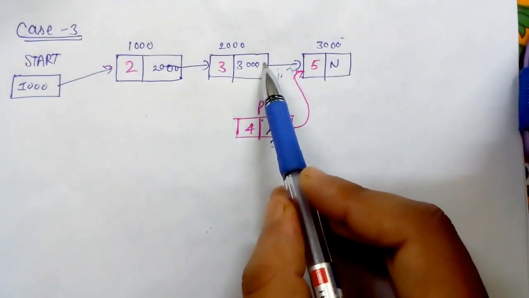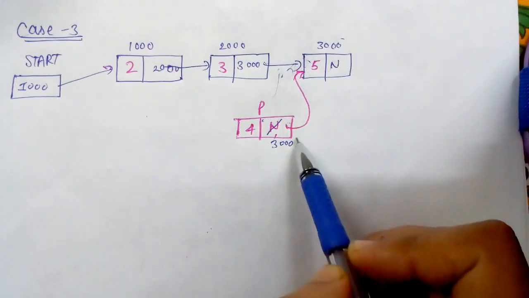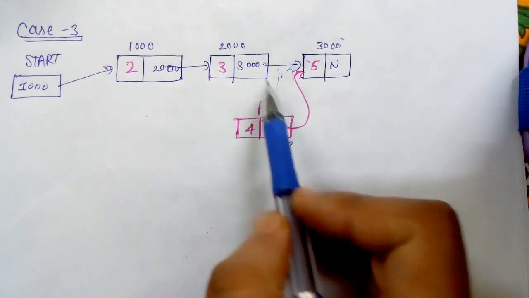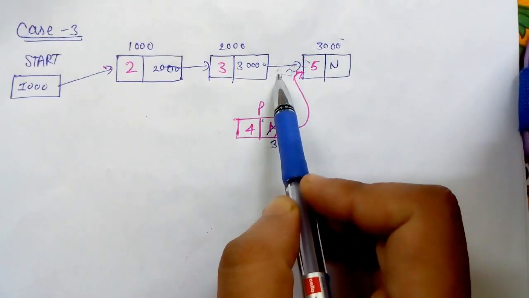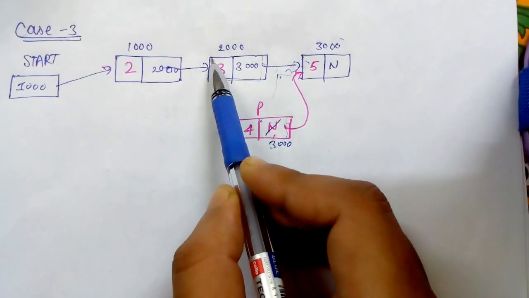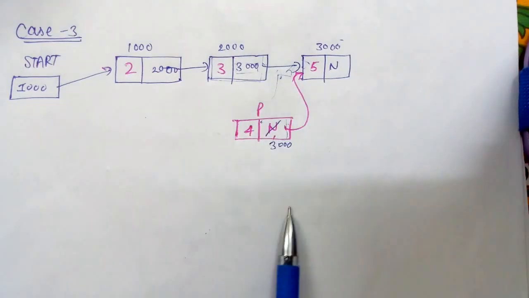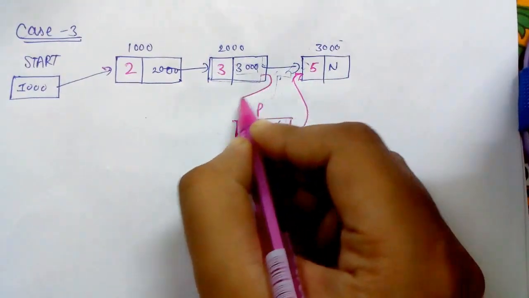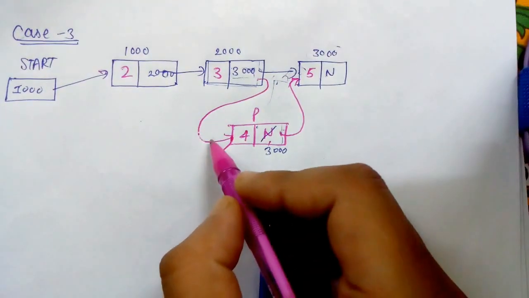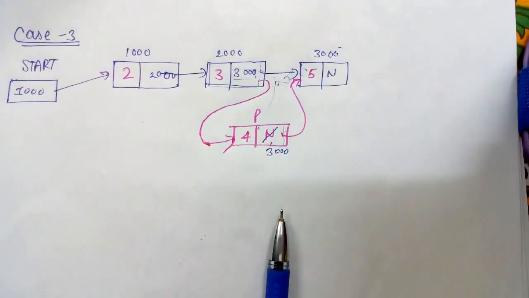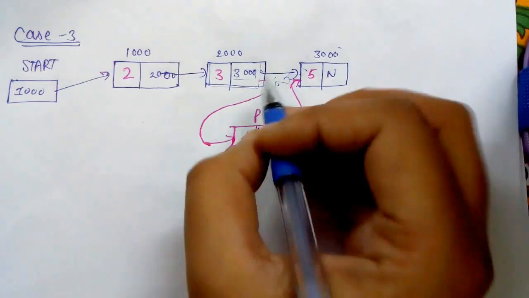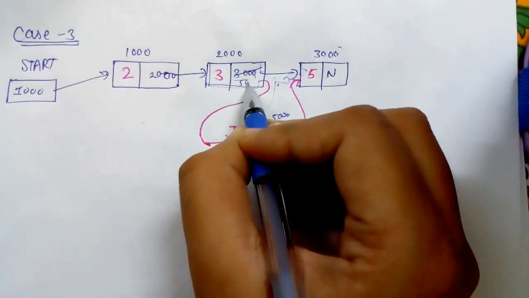But now you can see that this node is also pointing at this, and this node is also pointing at this. So if it is placed at this position, this is the next node to this node, so the link part of this node should point at this node. This is the only way to insert a new node in between. Means at the place of 3000, suppose the P address is 5000. Okay, so in the P link part it should contain 5000.